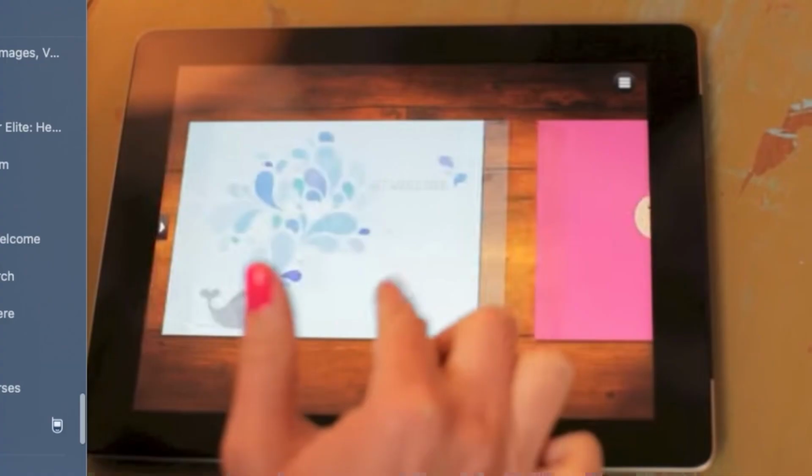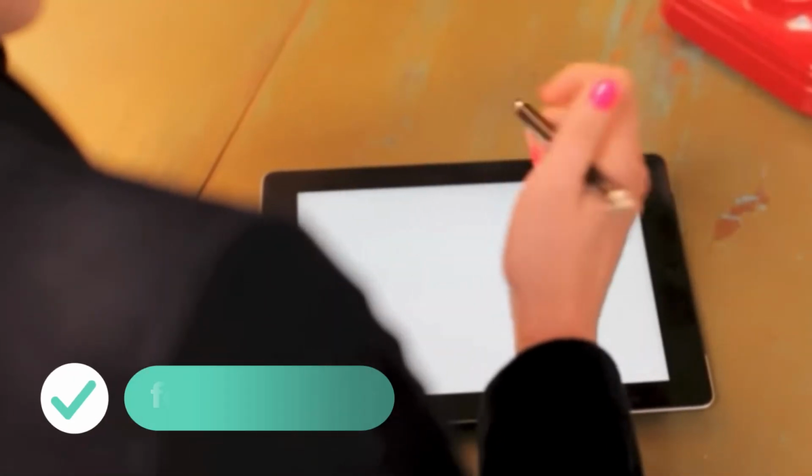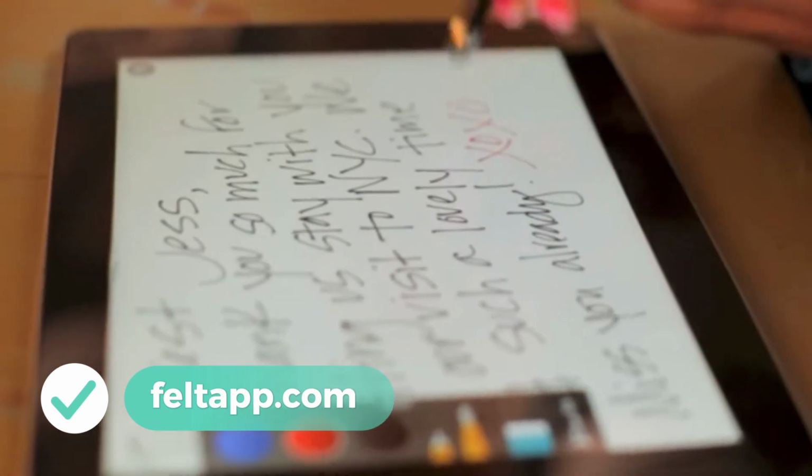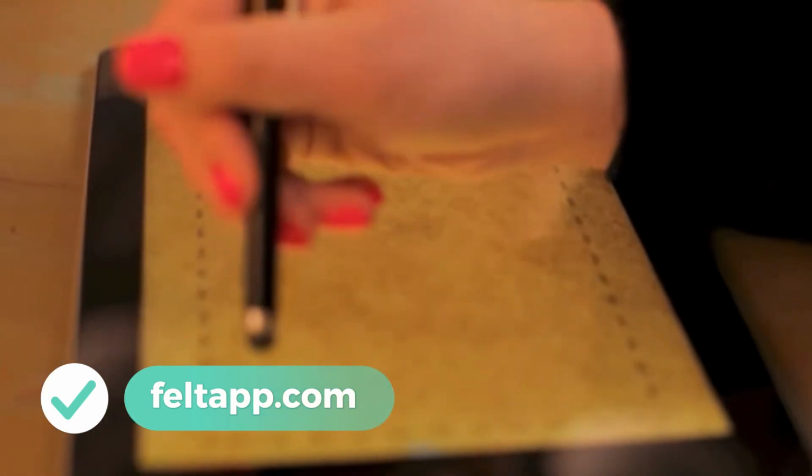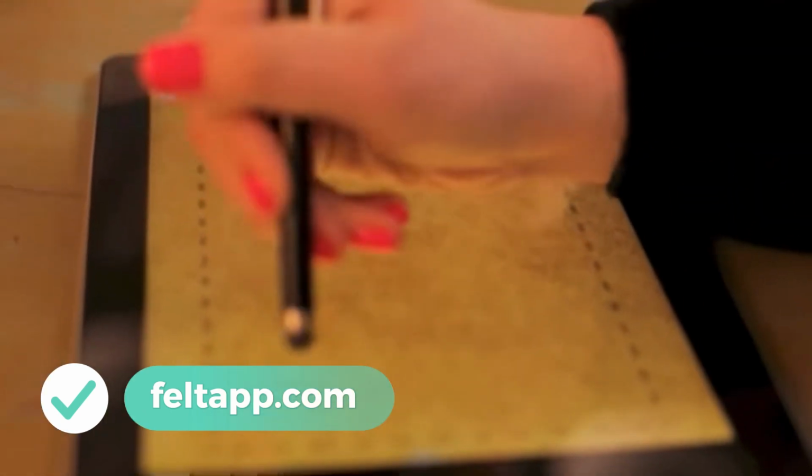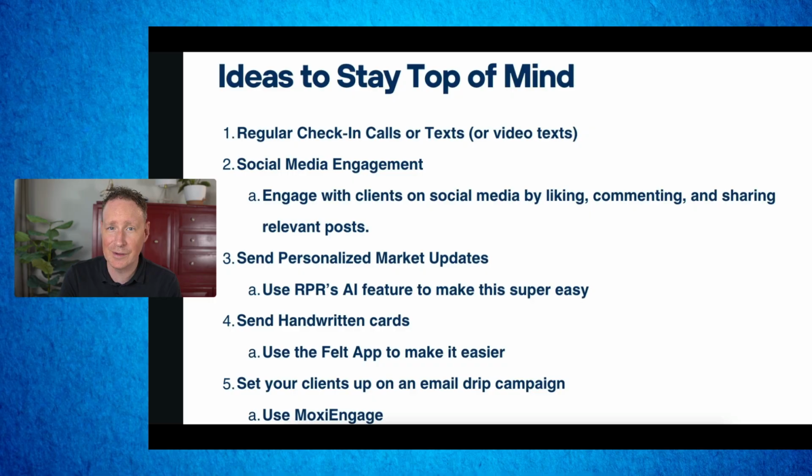If you like to mix a little bit of old school with digital, I love the Felt app on the iPad. You can actually handwrite everything out on the iPad and it sends it all out for you, and it looks really cool. You can add photos to it. It's just a great little way to kind of bring the personal touch of old school in with the new